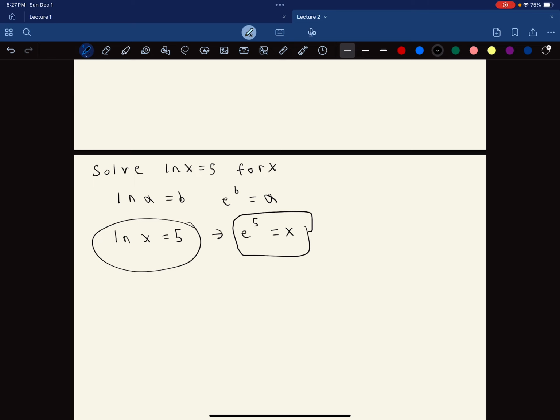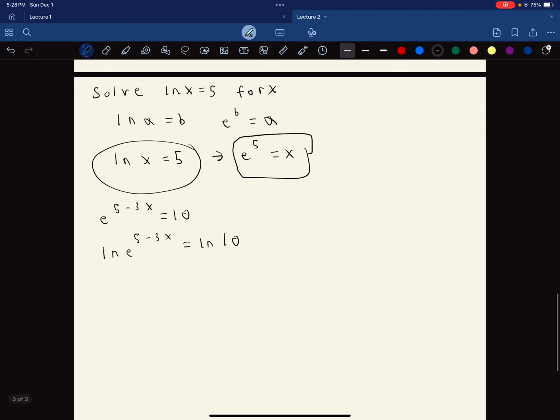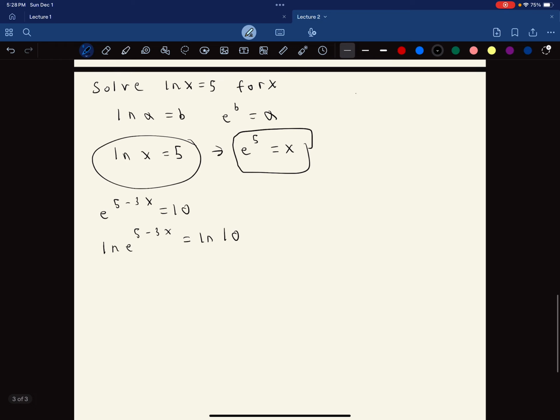Okay. And then last example, we want to solve x given this equation. Okay. So what you can do here is you can take the ln of both sides. Okay. And the reason why you want to do that is because we know that ln of e to some exponent is just equal to the exponent. That's a property, but it's quick and easy to explain. And that's because we know that the base of the natural logarithm is just e, right? So then if the argument, which is this, is e,